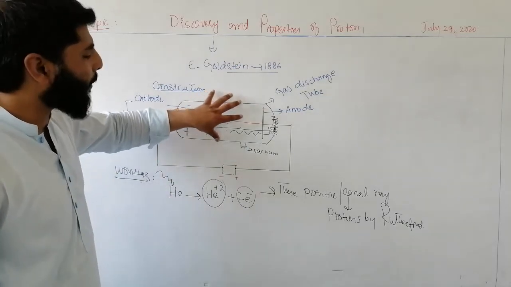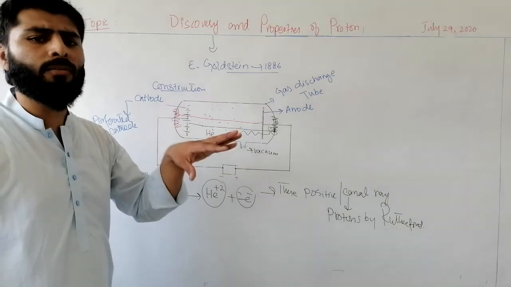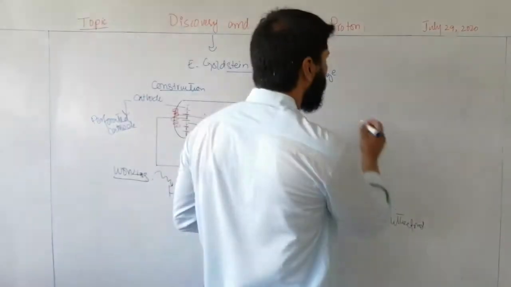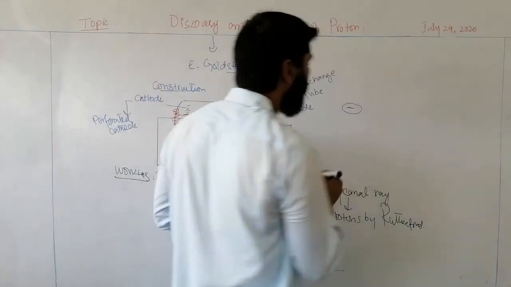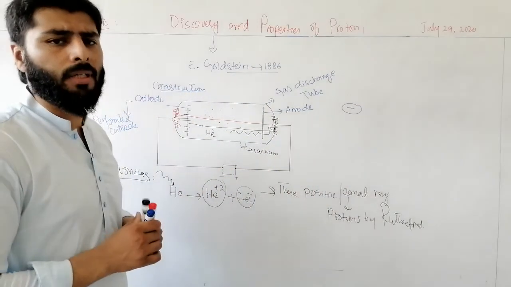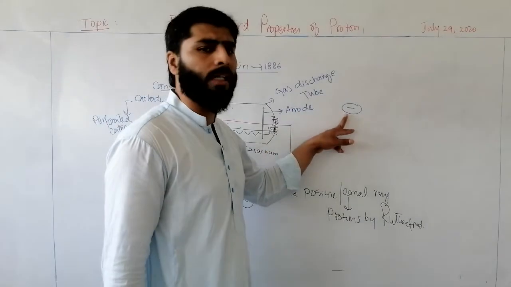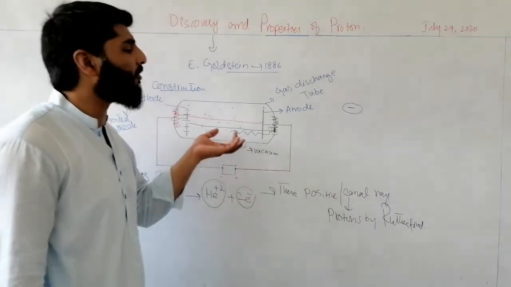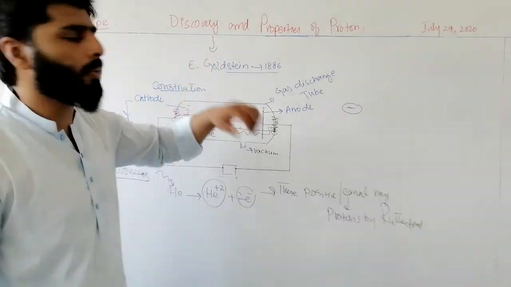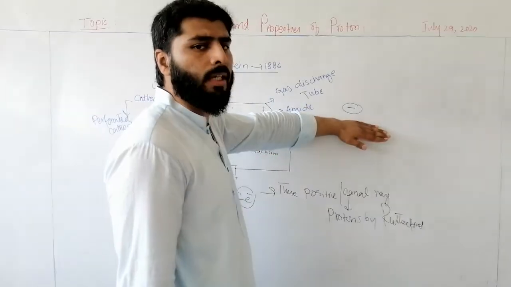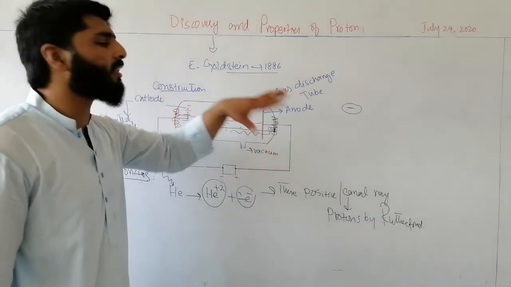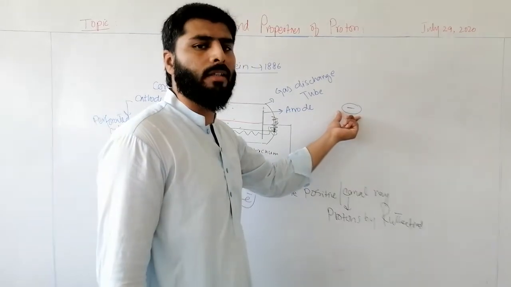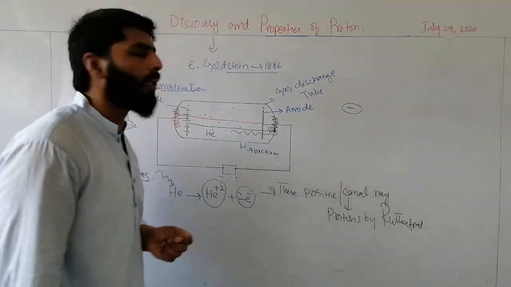Students, by applying both the electric and magnetic field, he observed that they are deflected towards the negative terminal of the battery, meaning they carry positive charge. In the magnetic field, they were deflected towards the upper end, meaning they carry positive charge. And by applying both the fields simultaneously, he observed that they did not show any deflection.